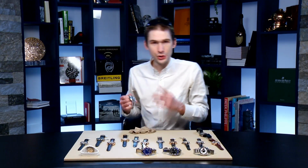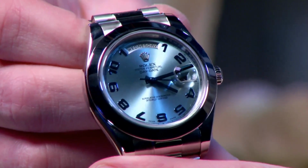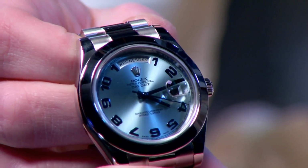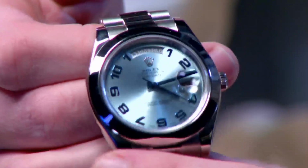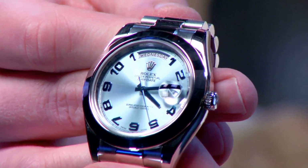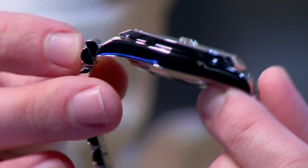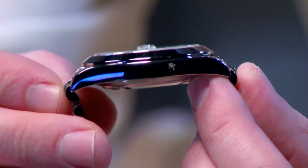Now, this would be my choice of the 3 Rolex watches on the table. Far and away my favorite. This is the Day-Date II, an immense mass. Half a pound of platinum on the wrist. It is 41 millimeters, but it feels like more. 12 millimeters thick. It's not a thick watch, but it is a broad watch, as the solid end-link President bracelet